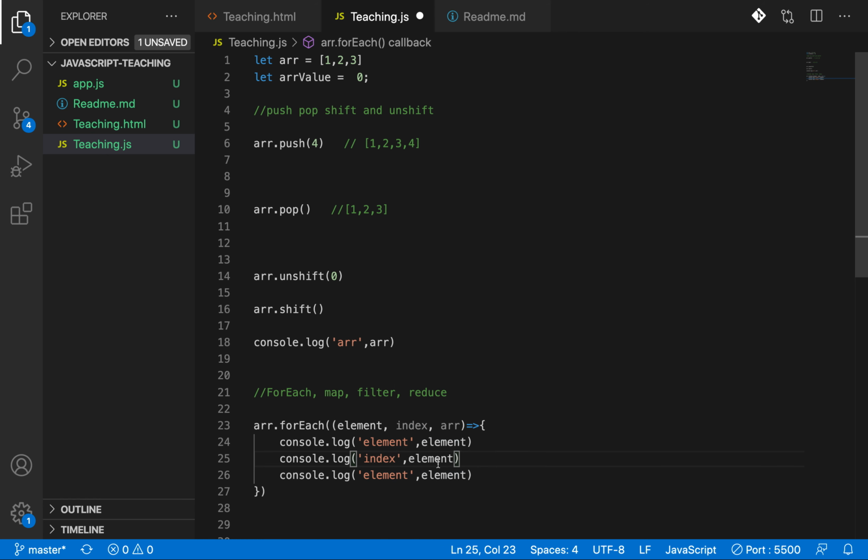What happened for the index? What is the array? So friends, one thing you have to notice: forEach takes one element at a time, as it is 1 to 3. So 1 comes as an element and it console logs for that 1, and again 2 comes, it console logs for the 2, and 3 comes, again it console logs for the element 3. Let's look at that example.